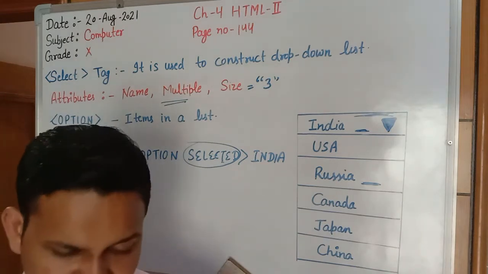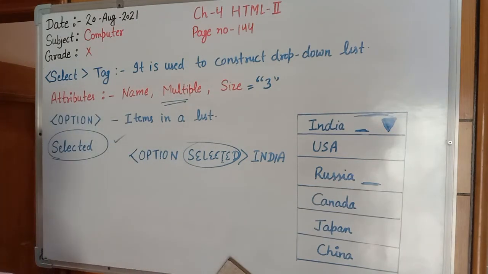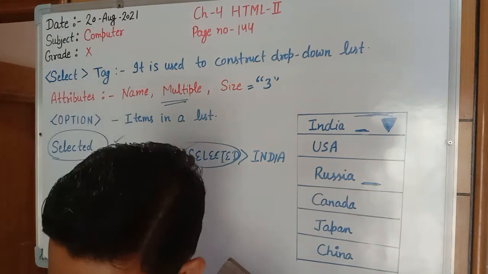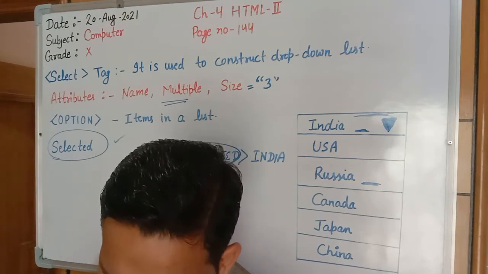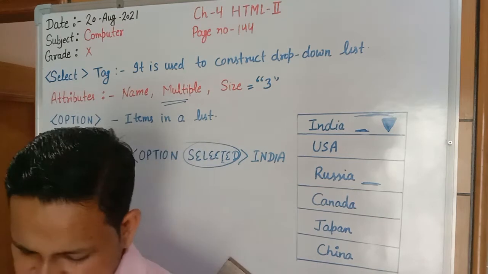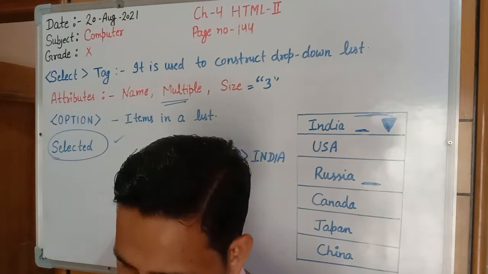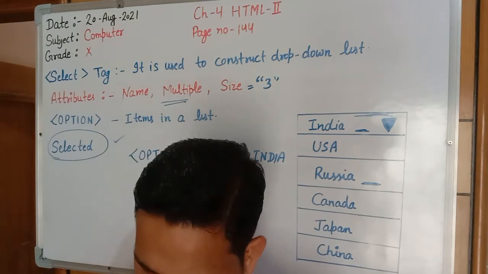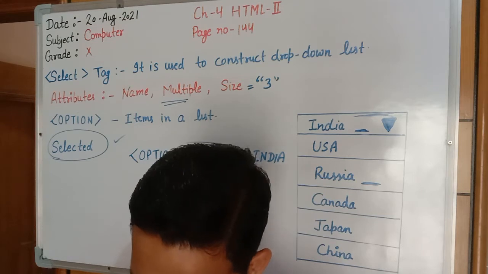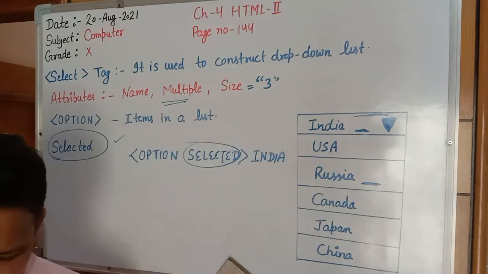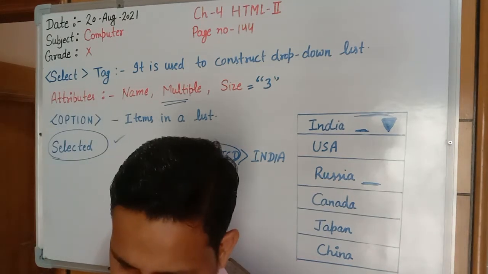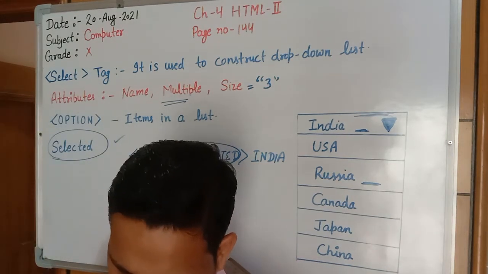It is for multiple selection. When we want to select multiple items, we are going to start with page number 145, example 12. Form name is F. Now H2 tag they have taken, select the colors you like, and in select tag they have taken select name is equal to color. The first attribute of select tag is name. Name is they have taken colors, and multiple they have taken.